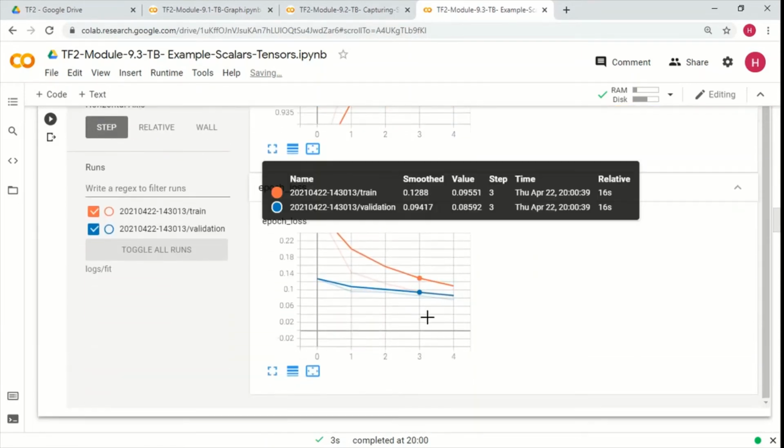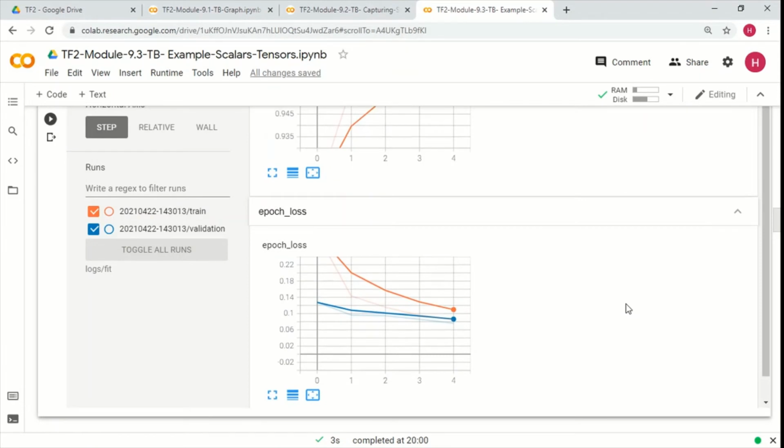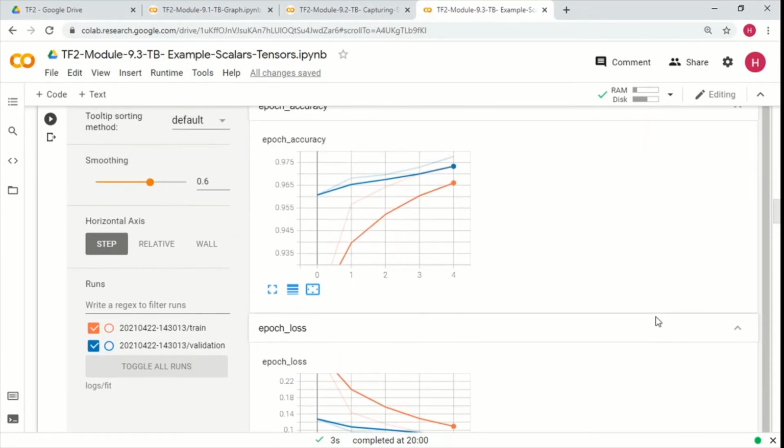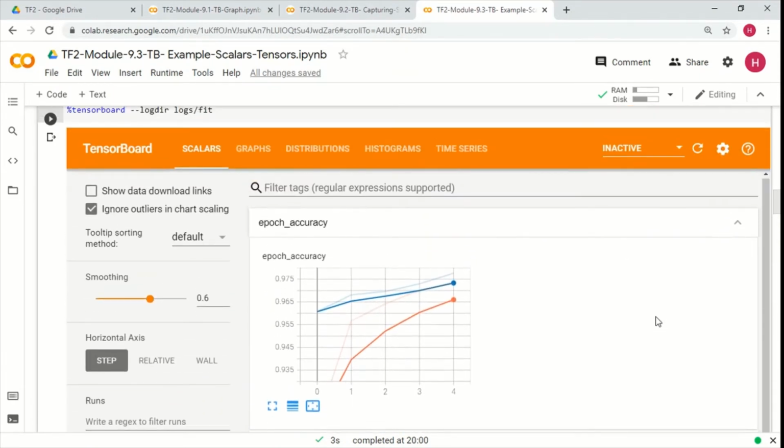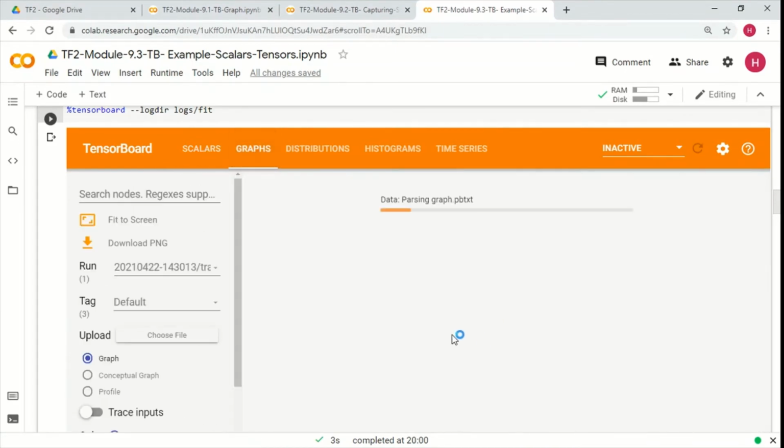And for the loss, blue is the validation loss, and the red is the training loss. So you can see these scalars by going to the scalars tab. Let's also check out the graphs because we had said capture the graph.